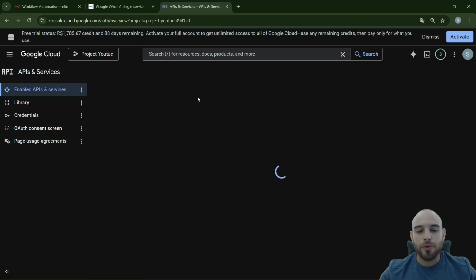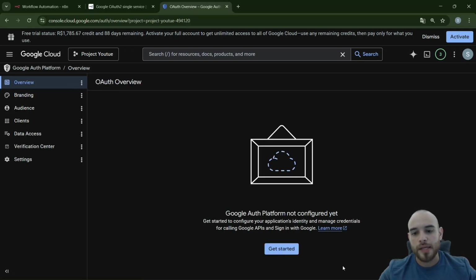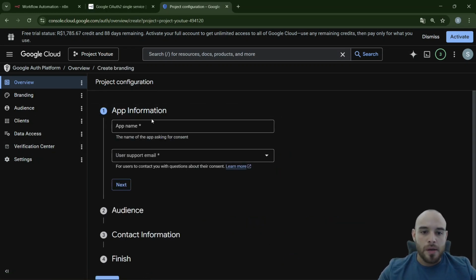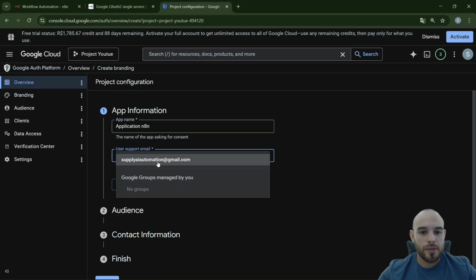And you're gonna be able to create an application. In this case, I don't have anything in this project, and I can hit get started. You have to give a name for your application, so I'm just gonna call it application n8n. I'm gonna use this account here,